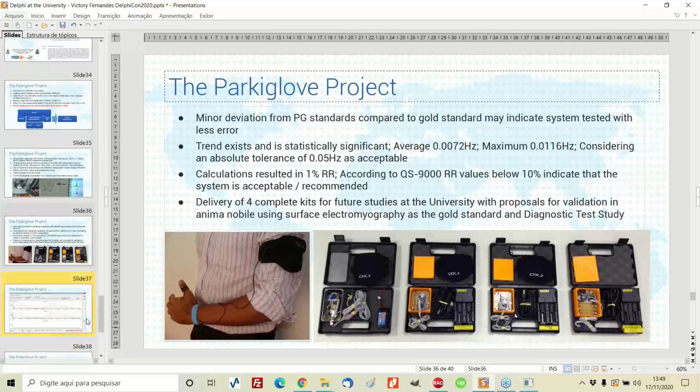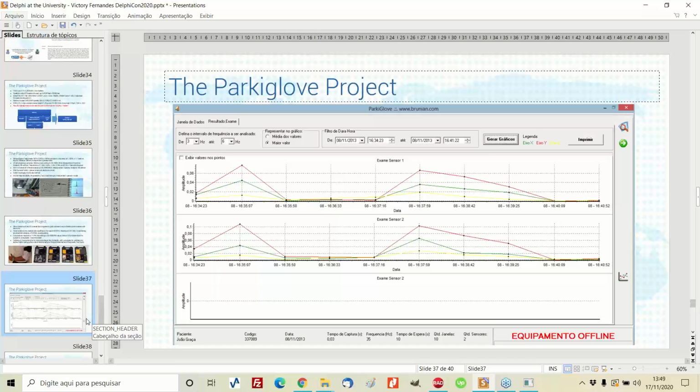And at the end, our solution, we're able to track Parkinson's disease tremors during the day. So we had the tremor during the day in the 2 or 3 accelerometers, depending on the configuration, that we could see how this tremor was going in the patients.